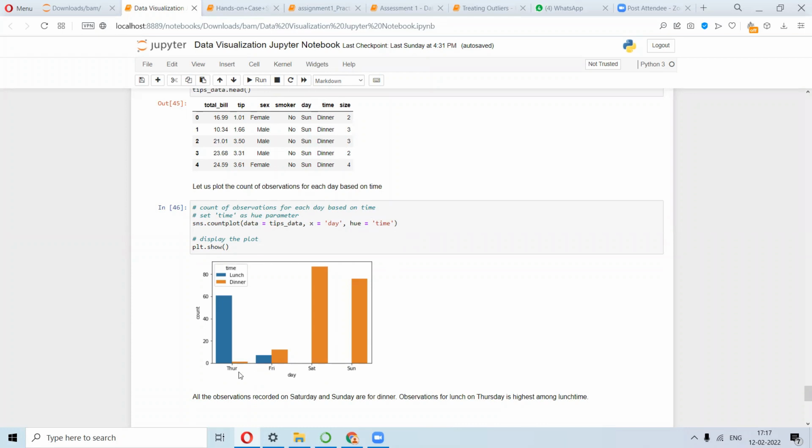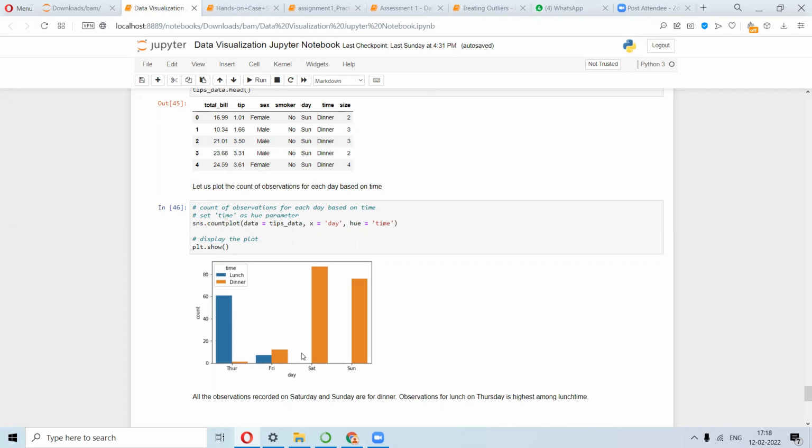So for each of the days you can compare lunch and dinner. Now you can see that things get much clearer. Say for Thursday, mostly everyone came for lunch, but for dinner there are really few people, actually zero. This is zero only. And then for Fridays, you have both lunch and dinner, with more people joining for dinner rather than lunch.